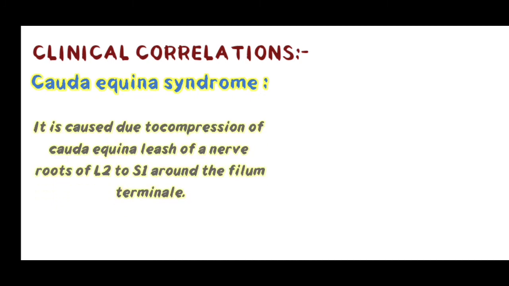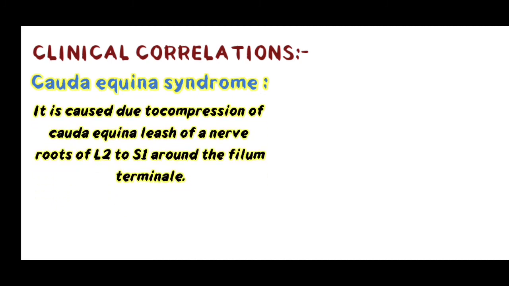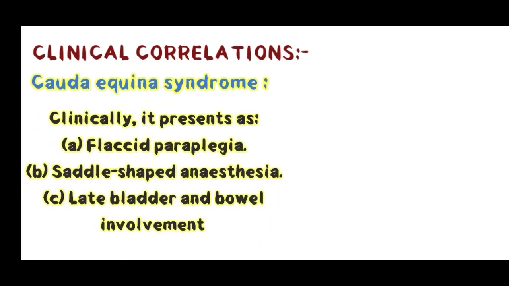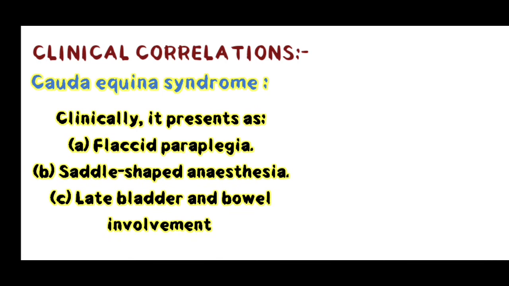Cauda equina syndrome. It is caused due to compression of the cauda equina, a leash of nerve roots of L2 to S1 around the filum terminale. Clinically, it presents as flaccid paraplegia, saddle-shaped anesthesia, late bladder and bowel involvement,